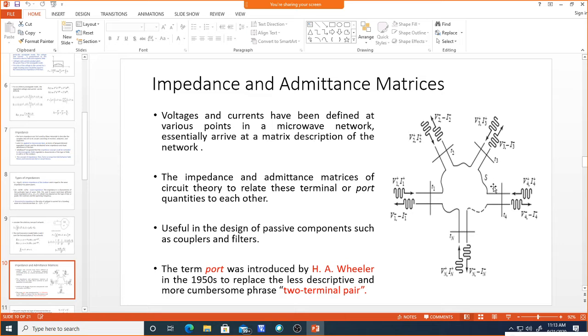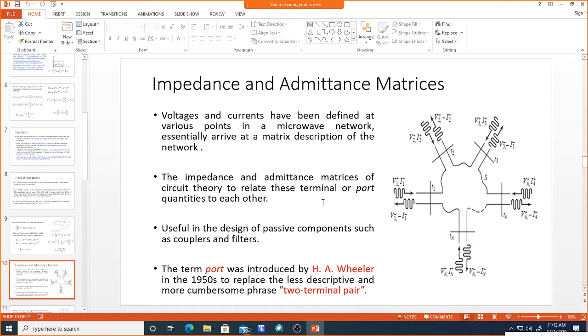This is a multi-port network. If I want to measure the voltage, impedance, or current at a particular port, we can easily measure it. In terms of matrices, all the port parameters can be represented, either as an impedance matrix or an admittance matrix. You can use these parameters in matrix form for easy calculation and